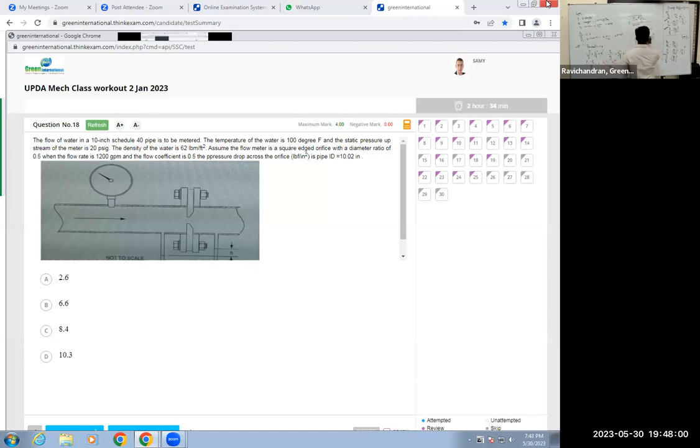Correct. So delta P is equal to V2 square minus V1 square by 2 into density. So